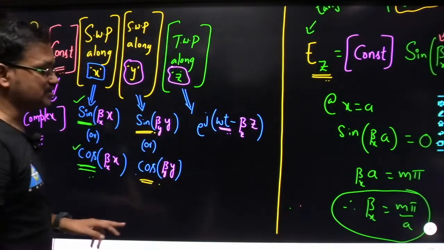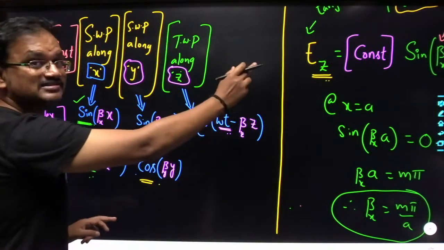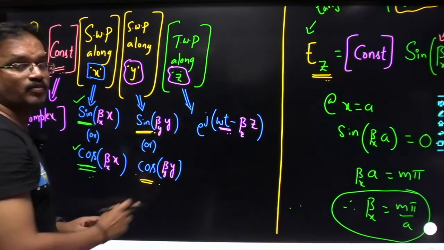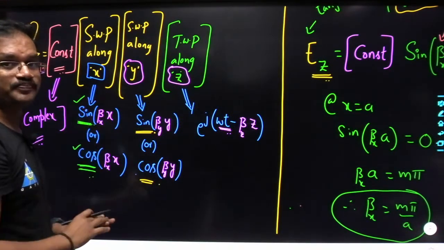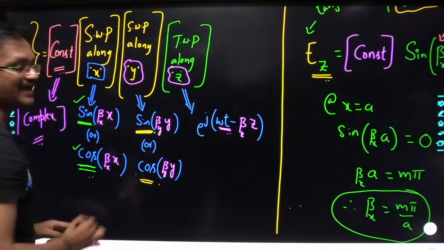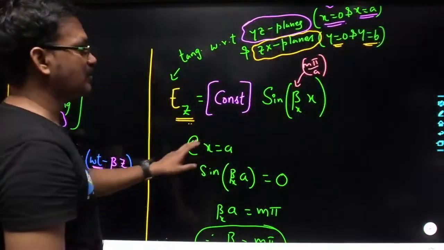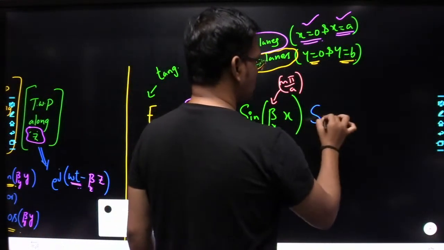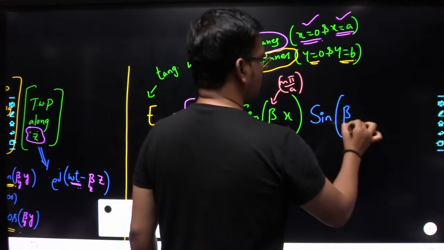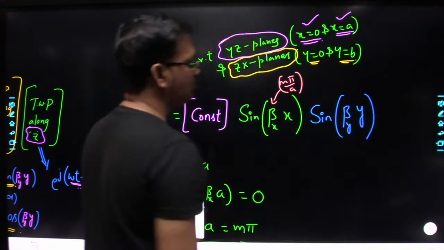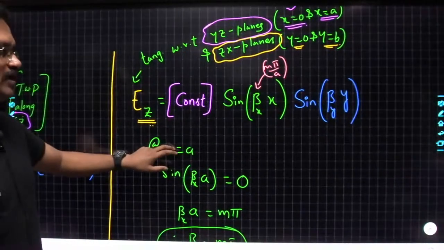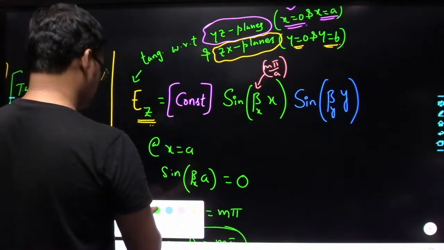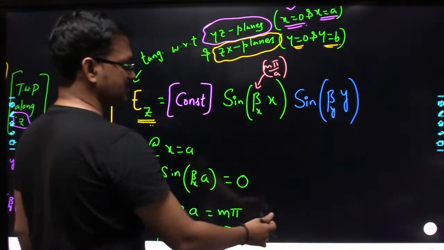According to our boundary conditions, at y equal to 0, Ez is the tangential component with respect to the y equal to 0 plate, so it must be 0. Which means the standing wave pattern along y must also be a sine function, sine of beta y into y. Right? Okay, so similarly here, if you apply the boundary conditions with respect to